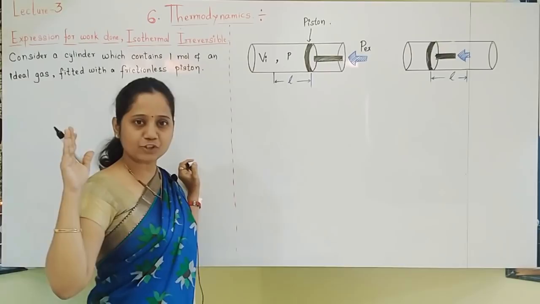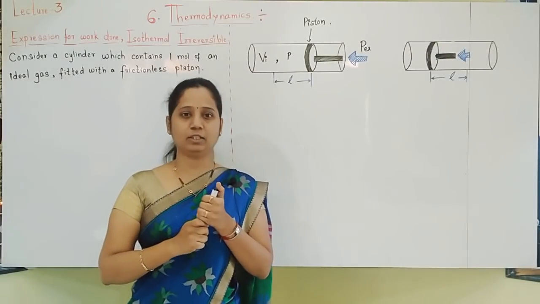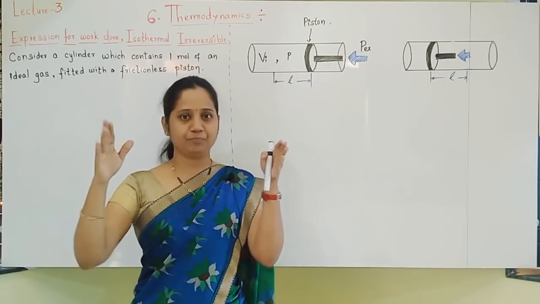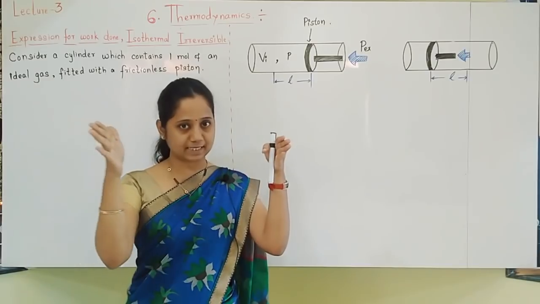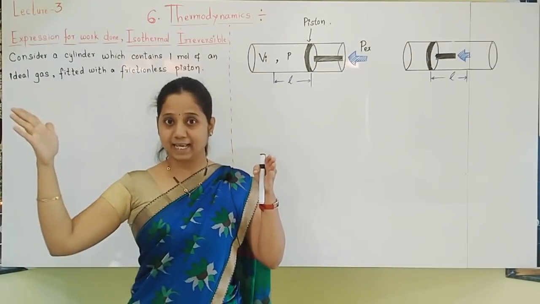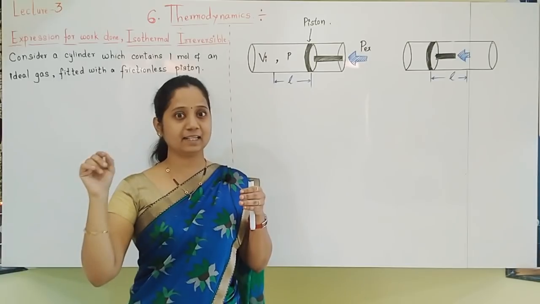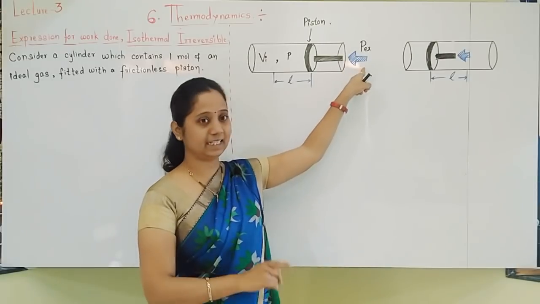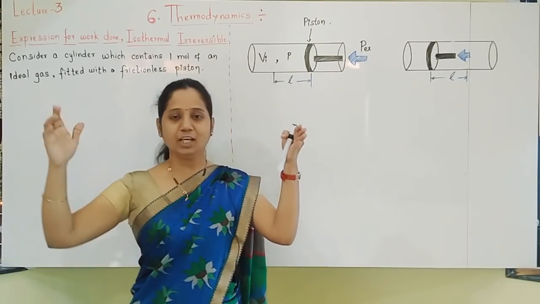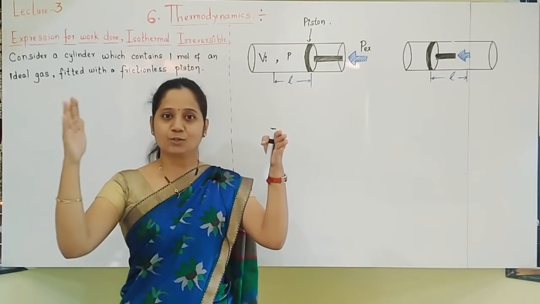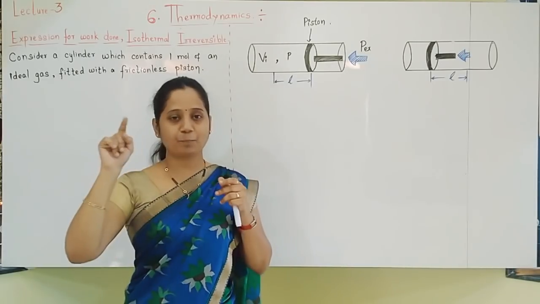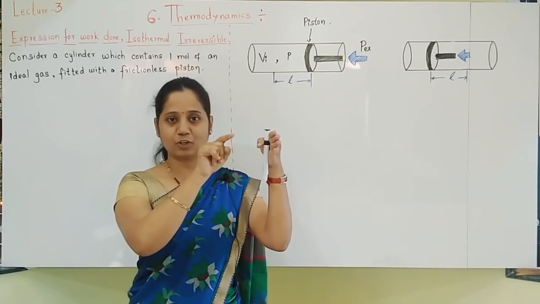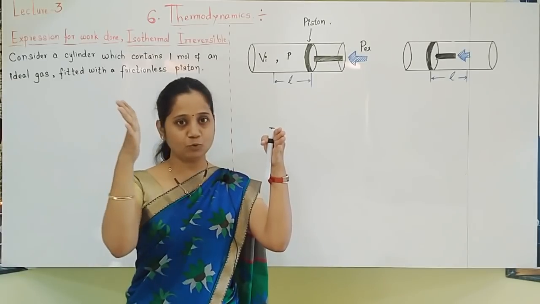Pressure should be applied externally on the piston. Cylinder, piston is there, apply external pressure. Of course, for the movement of the piston inside, you also know that external pressure should be higher than the internal pressure of the gas. So of course, P external is greater than P. We are applying external pressure so that the piston should move inside. Then only the piston will move inside.